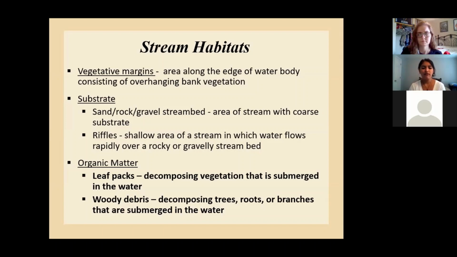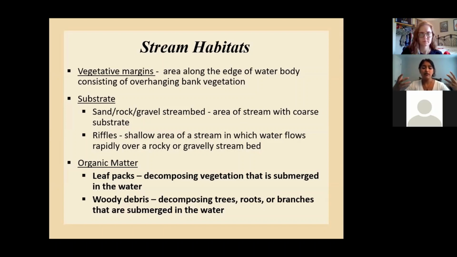When you have a collection of rocks or gravel, it can create riffles, which are shallow areas of the stream, and the water will flow pretty rapidly. It'll have almost like a bubbling, water rushing effect over it. Then you will also have organic matter, which can be composed of leaf packs. Like I said, the vegetative margins are introducing those leaves into the stream.